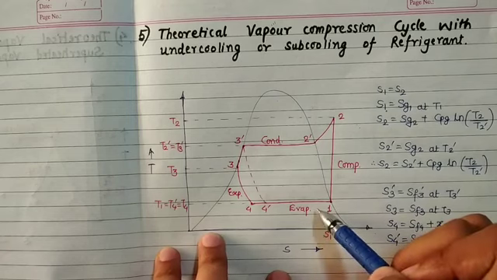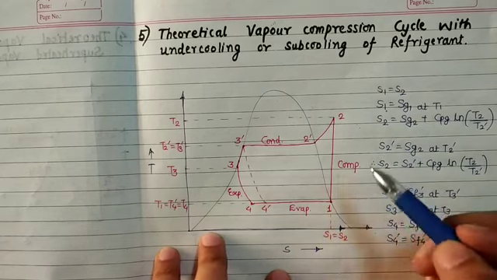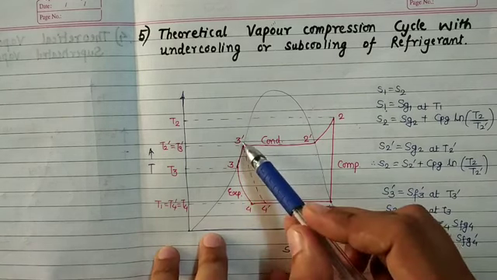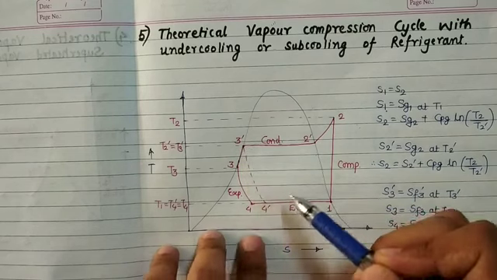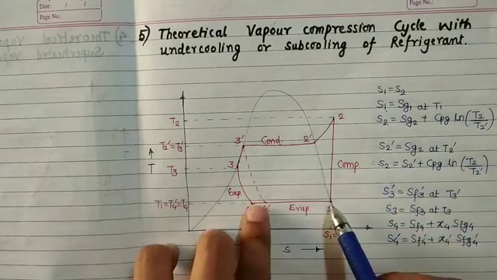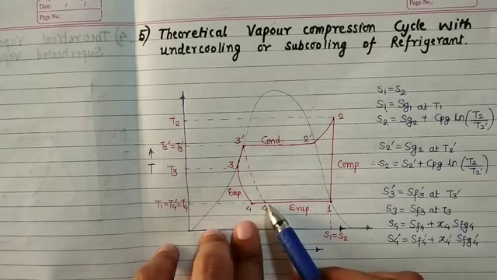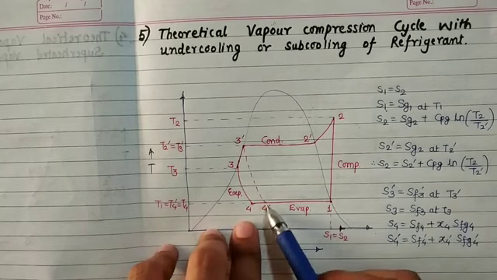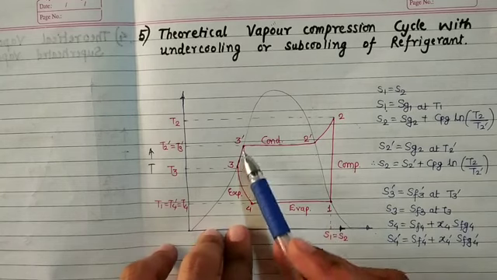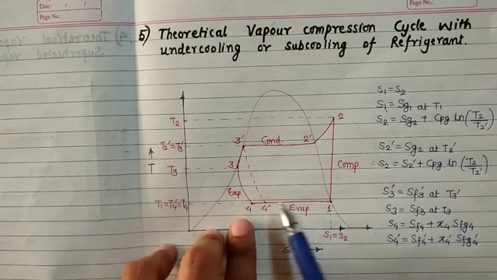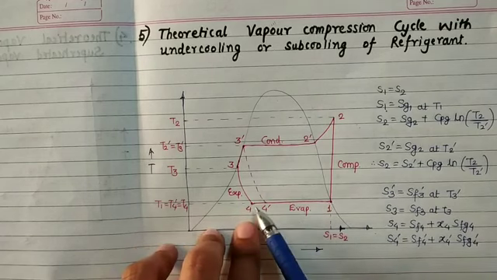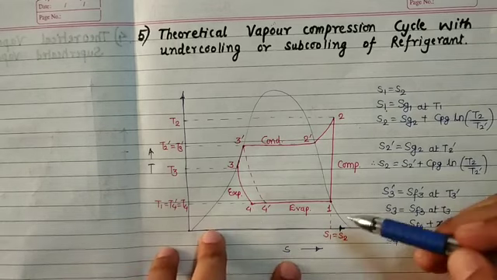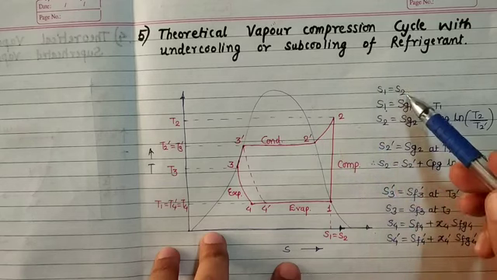And 4 to 1 will be evaporation. So we can see here that if subcooling would not have been done, that means 3 dash to 4 dash would have been the expansion, then the evaporation or the phase change, that means the refrigerating effect which we get without subcooling would have been less, that is from 4 dash to 1. But after doing subcooling we are getting more refrigerating effect. So the refrigerating effect is more for process 4 to 1. Now as isentropic compression is there, S1 will be equal to S2.